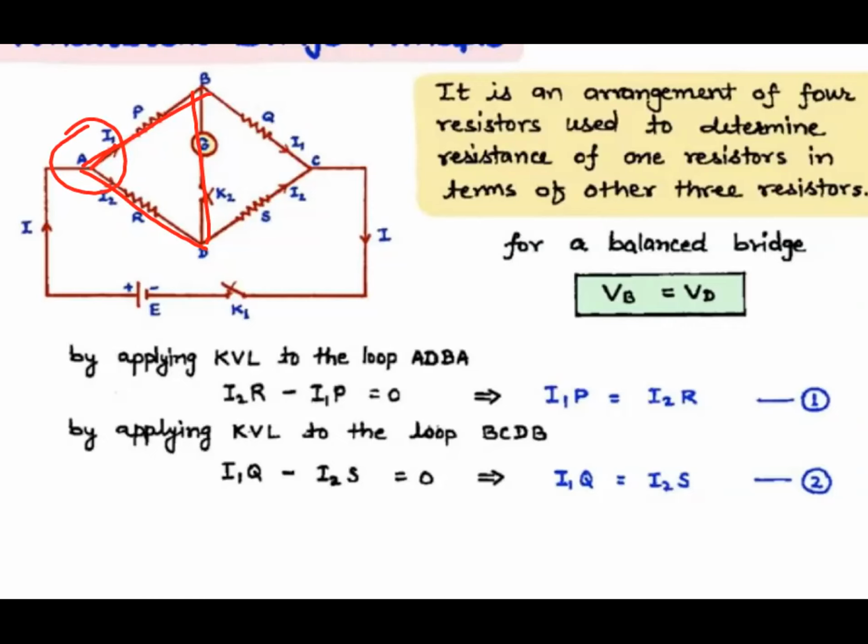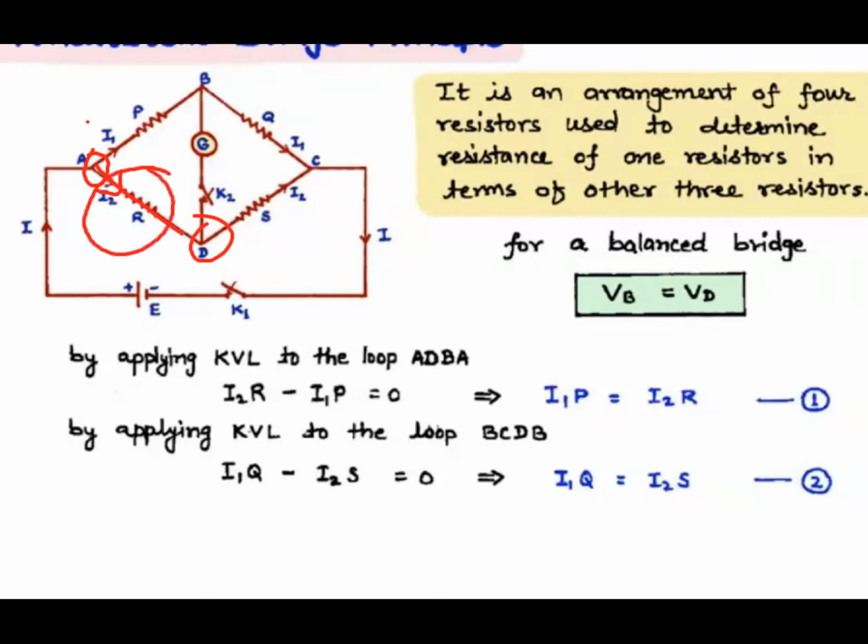Now, this is our loop like this, right? You have to imagine yourself moving on this loop. You are going to move in the direction from A to D, D to B, and B to A. This is your direction of movement. Right, children? Now let's see. Suppose you start from A and you are moving towards D. Your direction and the direction of the current, here the current is I2, are the same, so here you are going to take the sign as positive.